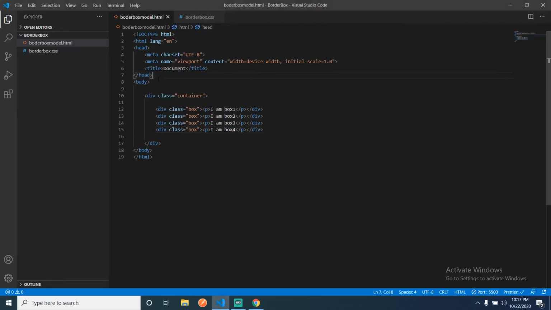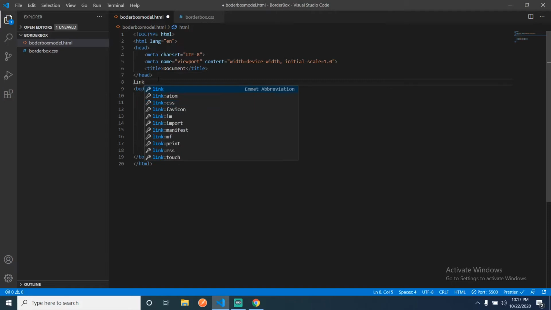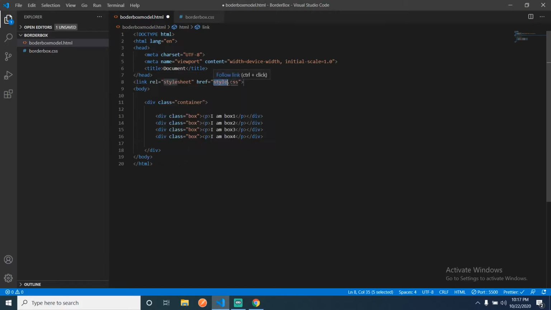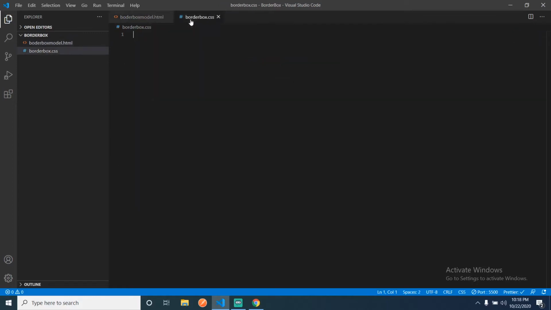So let me link my CSS first, border box. Okay, let's go to this and provide CSS for this container.